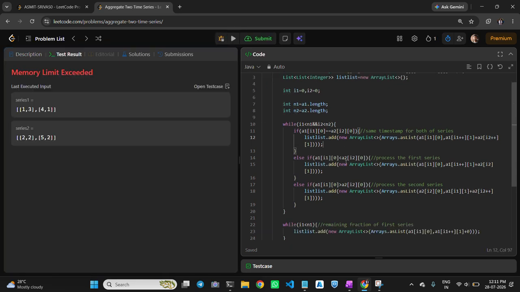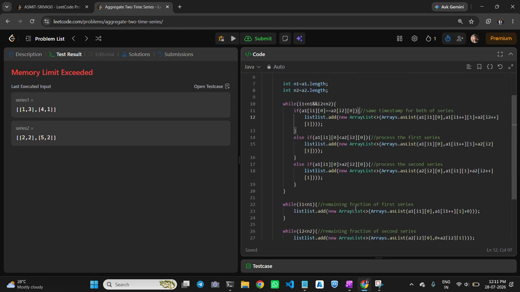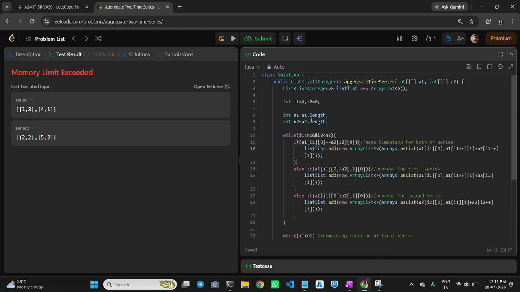Memory limit exceeded. Wait a minute. While i1 less than n1 and i2 less than n2, if the first timestamp is the same, then I took the timestamp, I incremented the i1 pointer and incremented the i2 pointer as well.